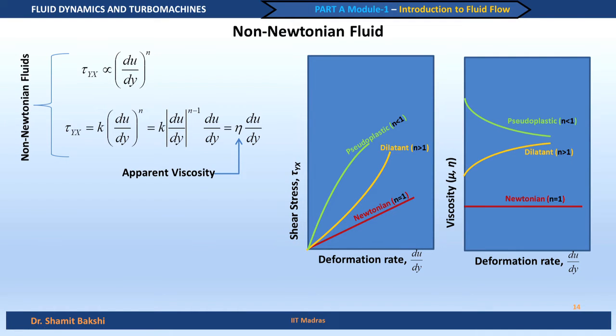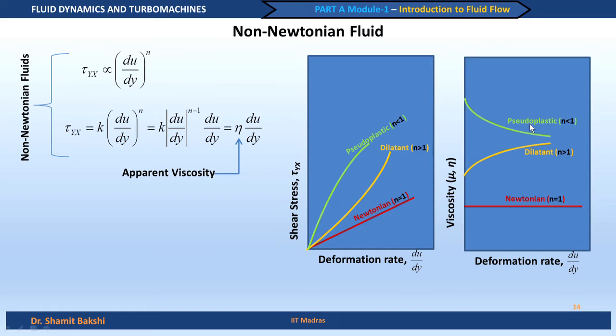So, these are called pseudoplastic. By application of more shear stress or more deformation rate, this becomes thinner. So, these are also called shear thinning liquids. So, we have seen shear thickening types of non-Newtonian fluids, and shear thinning types of non-Newtonian fluids, which are also known as pseudoplastics. There are several examples of these types of fluids, like for example, if you are talking about